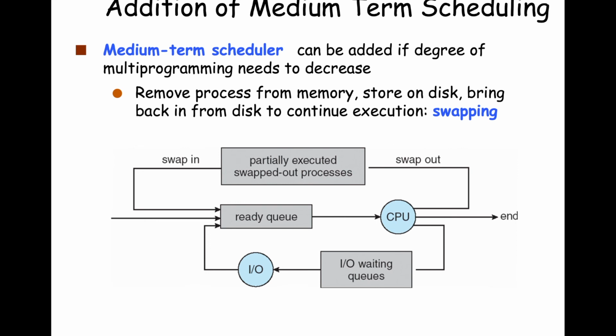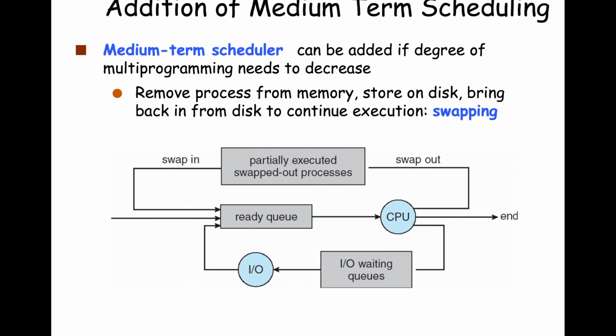While yes, it's slower to store it to disk and remove it from disk, this is done in service to making sure there aren't too many processes sharing the CPU, because if there are too many sharing the CPU, everything slows down to a grinding halt. So this idea of swapping is taking these process control blocks out of memory and storing them temporarily on disk, because you can store many more on disk than you can in memory. Memory is much smaller than disk.